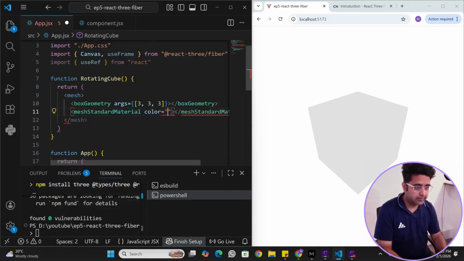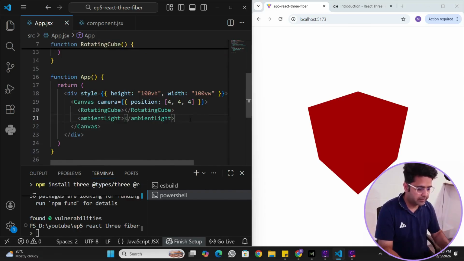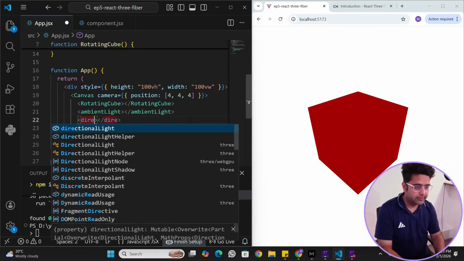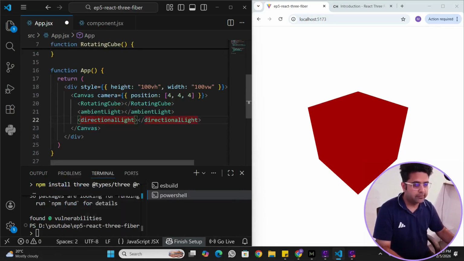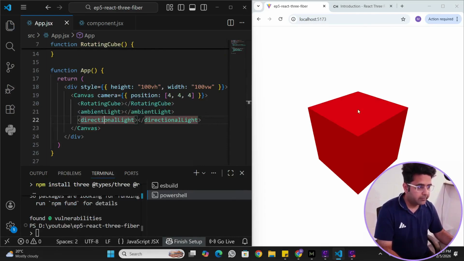Let's say the color is going to be red, so I'm just going to keep it red. Now we can see a cube with a red color. To be able to see clearly all the different dimensions on the sides, we can also place a directional light here. So I'm just going to place another component, which is directional light, inside the canvas. If we do that, the light is coming from the top, so we can see all the 4 sides